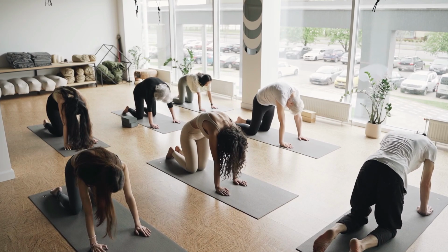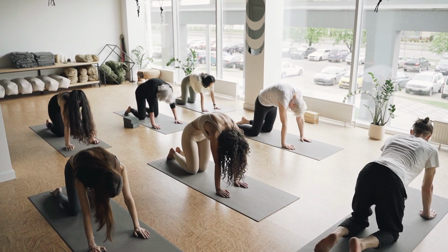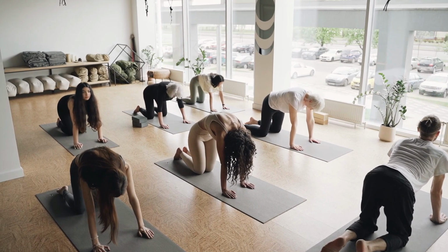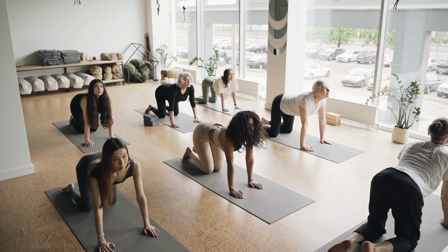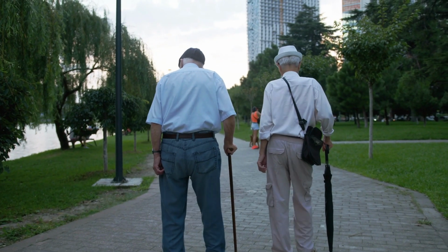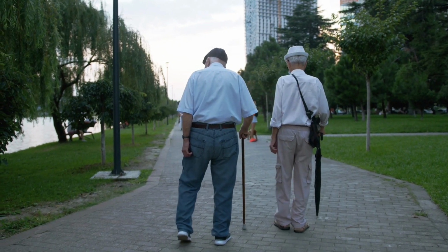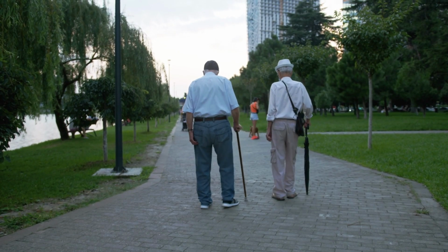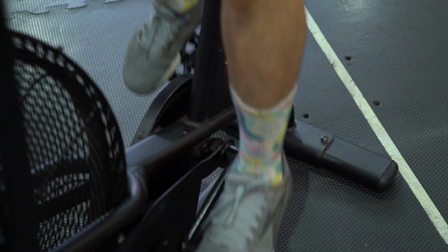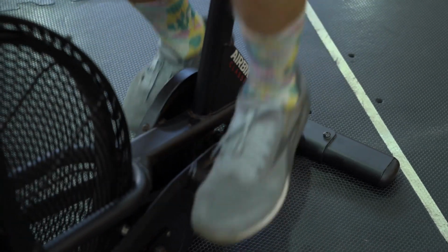What you want to find is something that you can do on a regular basis. Most research has shown that doing these types of exercises is only really effective if you do it for more than 3 months and if you do it every day. So the problem is for a lot of seniors, they don't want to leave their homes, they're not comfortable going to a yoga class or group exercise class, or their pain is so bad that they just can't consider those as options. So for that reason, the exercise that I recommend to anyone over any other exercise is a stationary